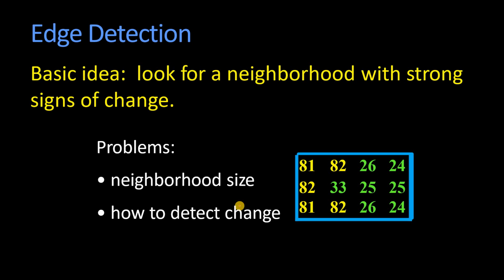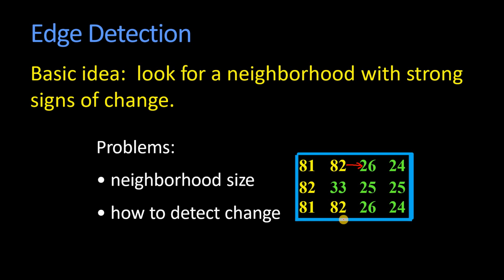So the basic idea for edge detection is that you look for a neighborhood or area which has strong signs of change. But the main problems for this approach are what should be the size of the neighborhood and how to detect the change. So basically what we want to find out over here is when we go from 82 to 26,